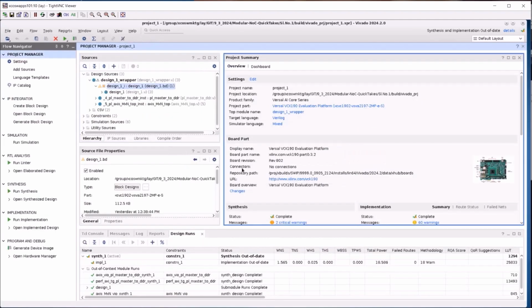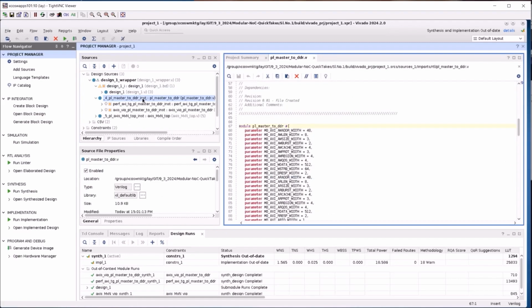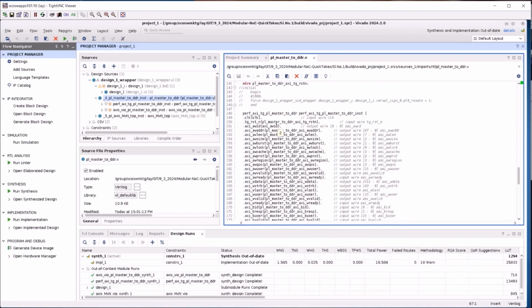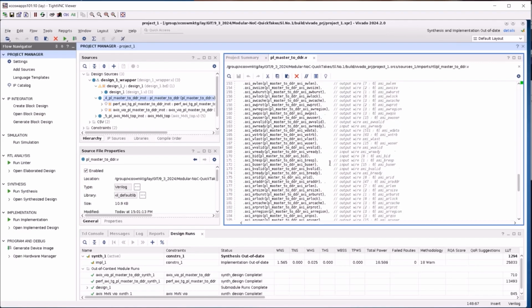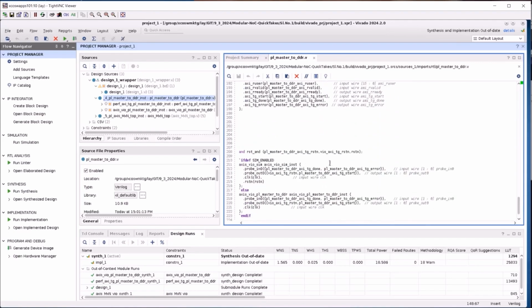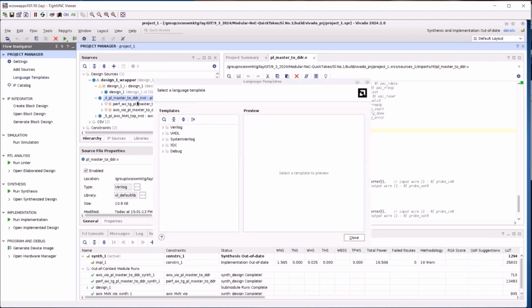Now let's take a look at the PL master in the RTL that will connect to the DDR memory controller. If I scroll down, I see the performance traffic generator. Let's insert the XPM. I'll get the AXI master memory mapped XPM from the language templates.